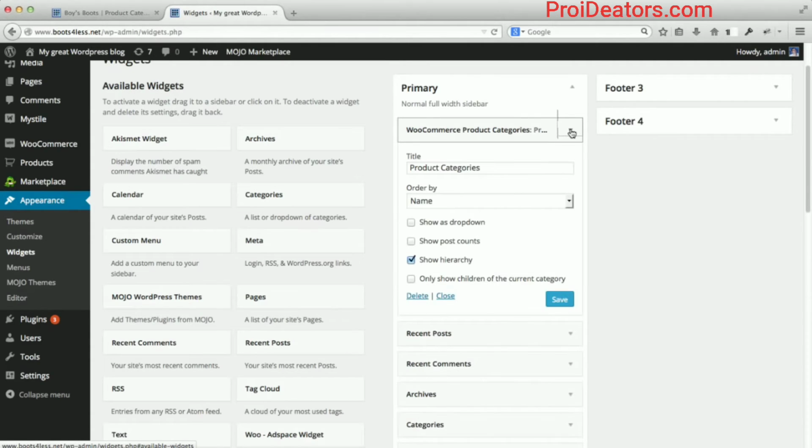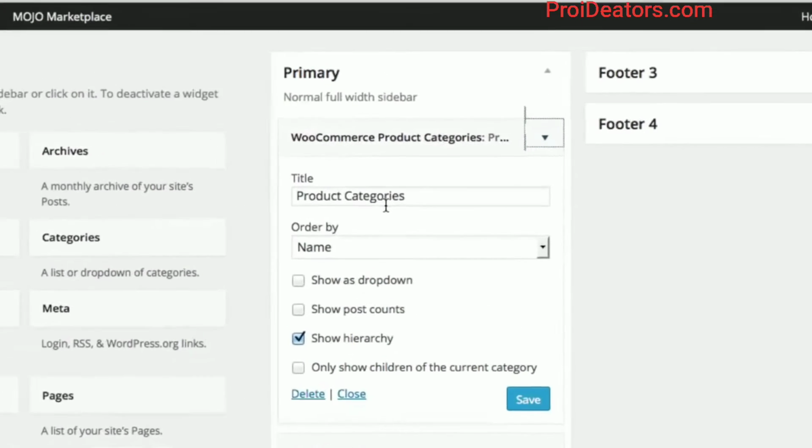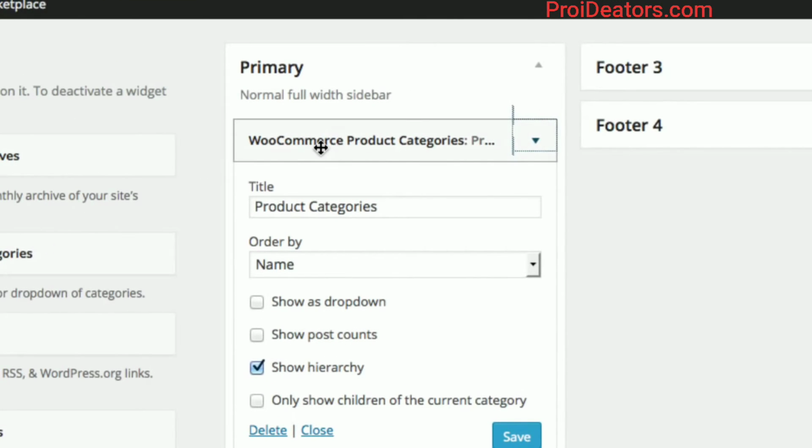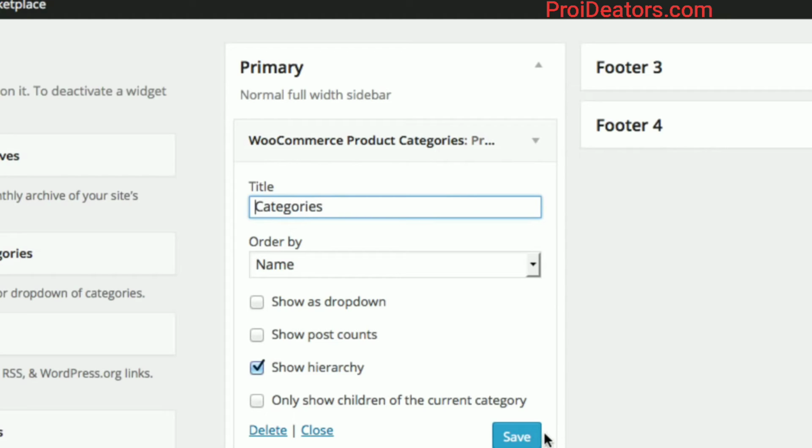They have a drop down arrow, you can click on them and switch them up and change the options within them. For example, this particular widget is the WooCommerce product categories widget, which does exactly what its name describes. It just shows all your product categories. Here I can change the heading of that particular widget. So for example, if I just wanted to say categories, I could just type that in, click save,